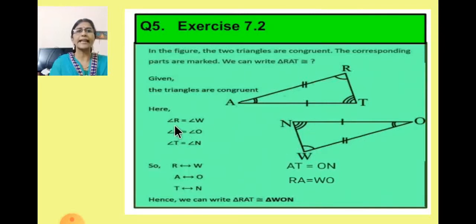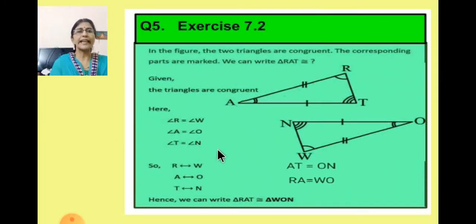Now first we will take angle R. You can see here which is this angle. This is angle R. Angle R is equal to angle W. You can see here by the mark also we can understand. Here one small arc you can see and here also one small arc. This shows this angle is equal to this angle. So we'll write angle R is equal to angle W. And then next angle we'll take angle A now. Angle A, you can see here there are two small arcs and here also you can see there are two small arcs, same like this. So angle A is equal to angle O.